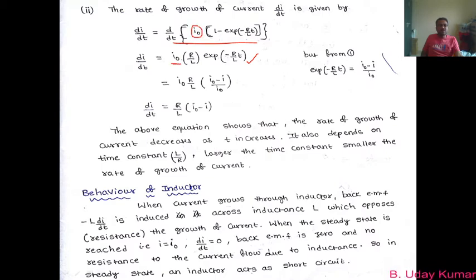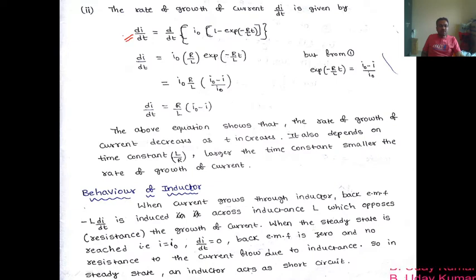You can write I0 outside the differentiation, and d by dt of 1 is 0, you know that, and d by dt of minus exponential minus R by L into t is minus exponential minus R by L into t. But you also have to differentiate this minus R by L into t, right? If you differentiate it, you get one more minus here. That minus and this minus get plus. This is what you have to understand. I hope it is clear. If you want, I will do it again.